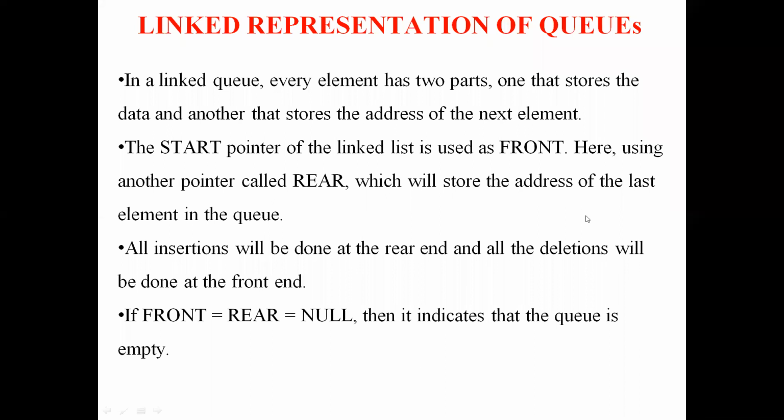So here you are going to declare rear and front as pointer variables of data type struct node, or here struct Q. Yesterday we used struct stack; instead of stack, we are going to use Q. Since we are going to use a single linked list, you know that only 2 fields are there. Most probably I'll close the session as soon as possible, once I end up with this concept.